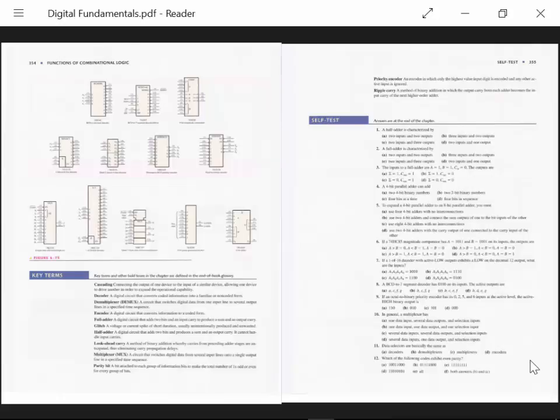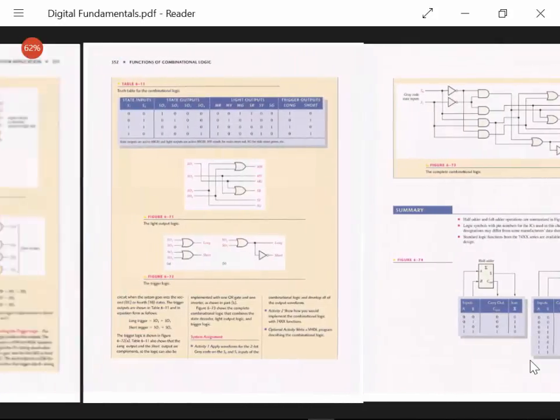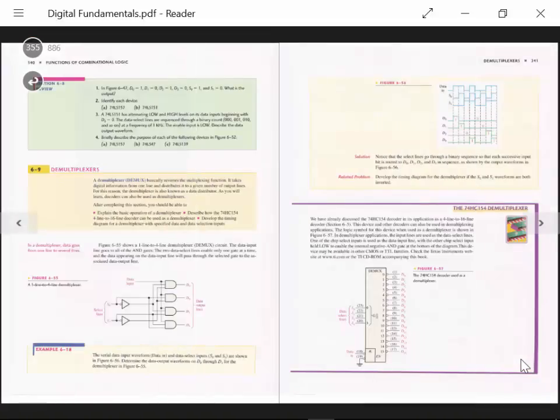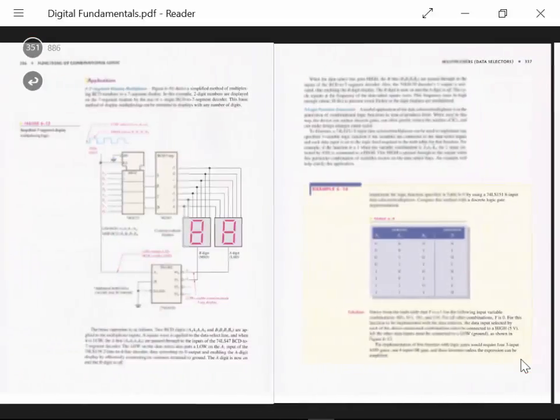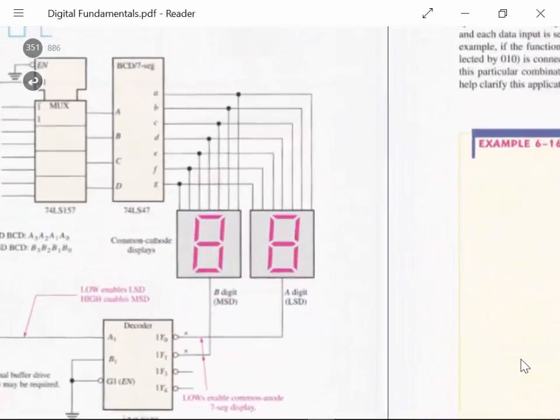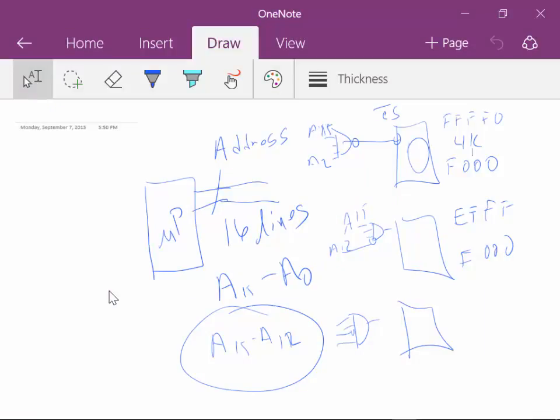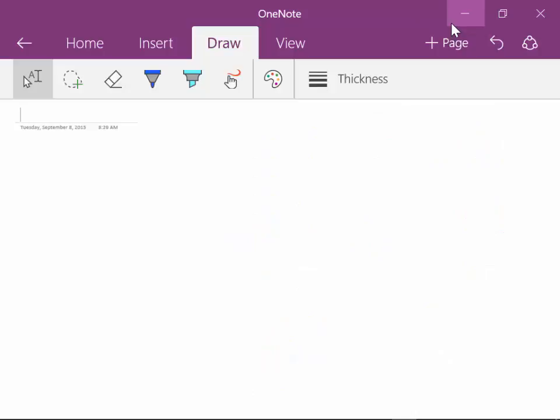Okay, the discussion that we were on here, I don't expect you to be able to read the book here, but the last thing we were talking about was the multiplexer. I'm going to keep these slides in the background, but I'm going to actually use OneNote for my discussion here, because I don't expect you to read the book, and I want to go through several examples here. But to get back to what a multiplexer does,